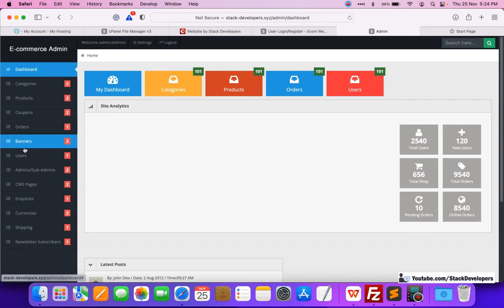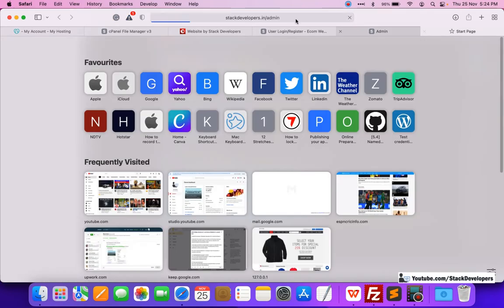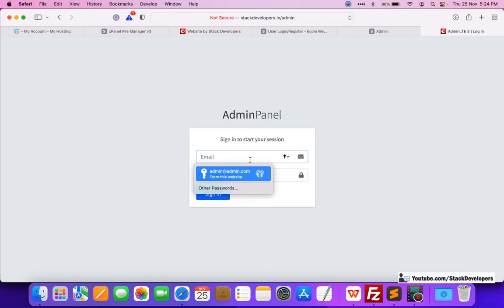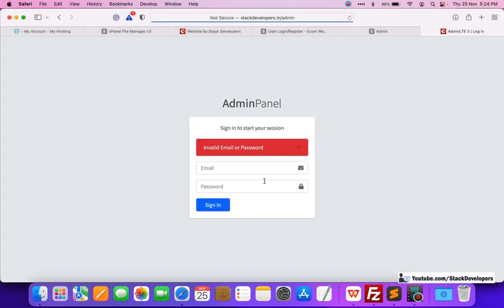You can go to the users module in the basic e-commerce website, and this is the admin of the advanced e-commerce website, and we can go to the admin panel as well. I think its password is wrong.